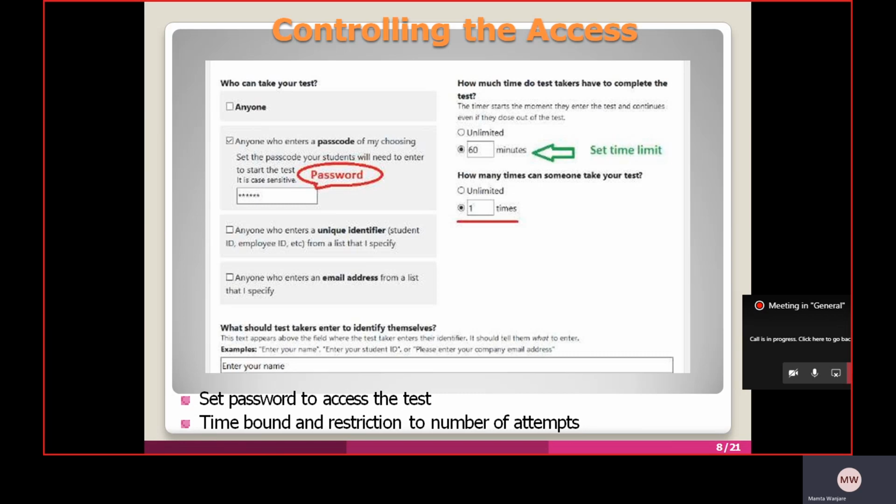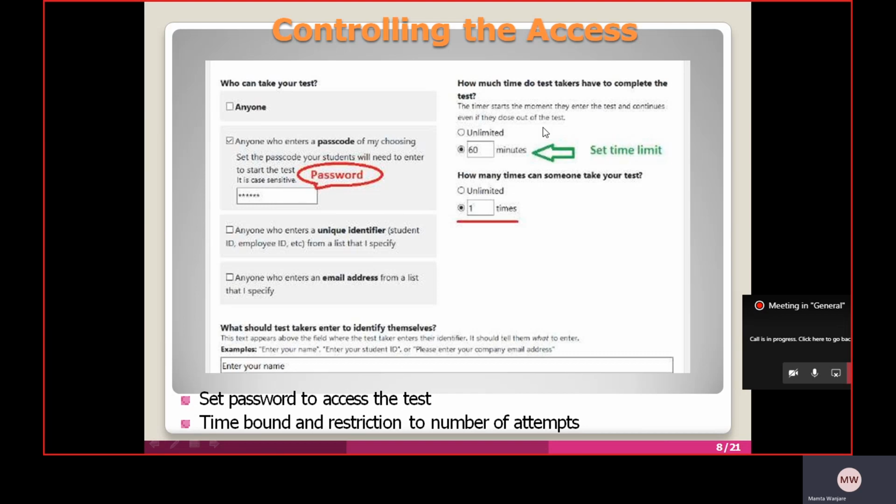They may directly enter using the URL link you are providing. Then if you tick anyone who enters a passcode, remember that passcode, also called a password, is case sensitive, and send that passcode and the URL link generated after your test to your students to give the test.